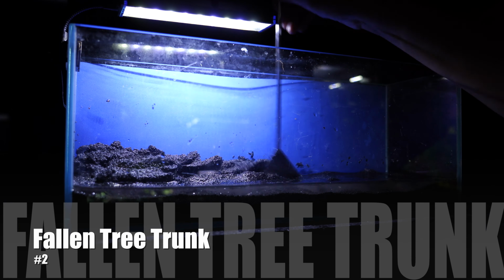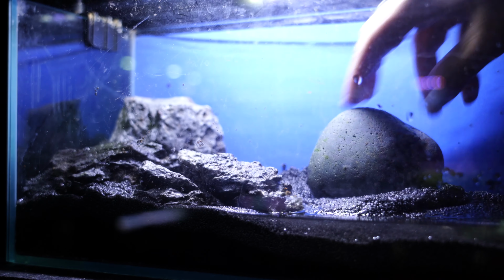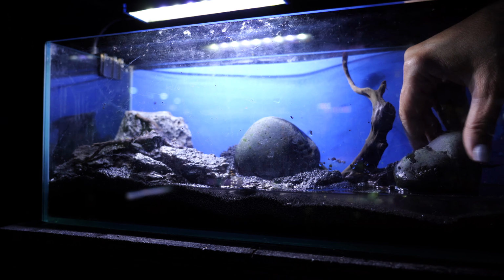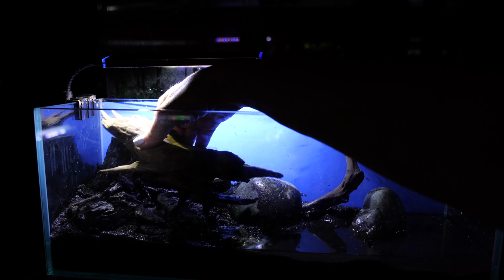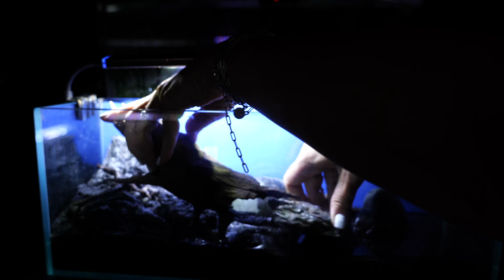Number 2 is, yes, it's kind of related. It's the fallen tree trunk. I like to do these as well. You'll see that after a while. It's really perfect for a bookshelf tank that's very long, and especially if you have a little piece of driftwood